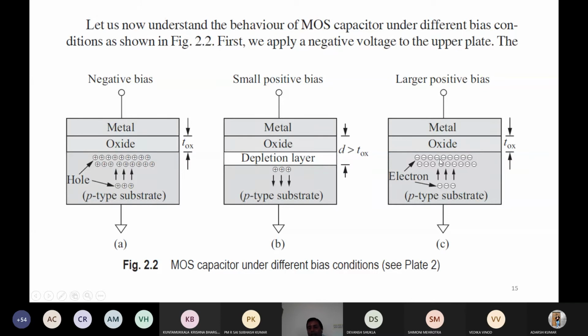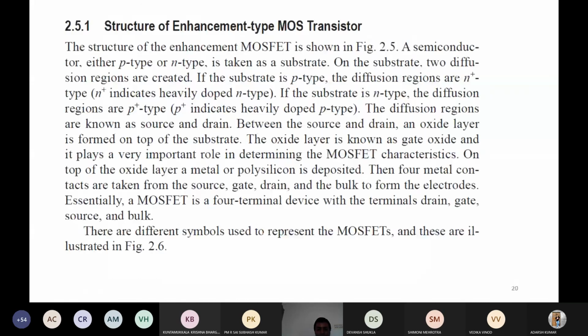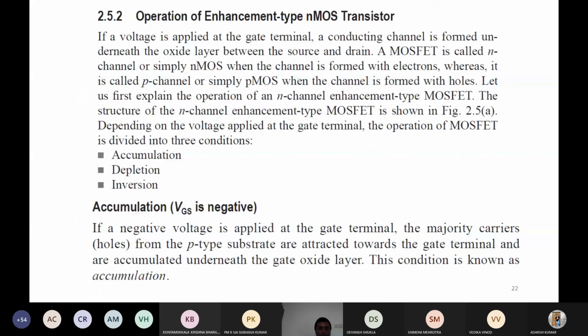But here in the third case, when we are applying a large positive bias which is more than the threshold voltage, at threshold voltage the channel starts forming, and if you are applying more than the threshold gate to source voltage, then the channel is formed properly, and this layer is inverted. So inversion mode of operation is happening, and if inversion happens, then electrons from the source can move towards the drain and current can flow. These are the operations which we were interested in for the MOSFET also, that we can understand.